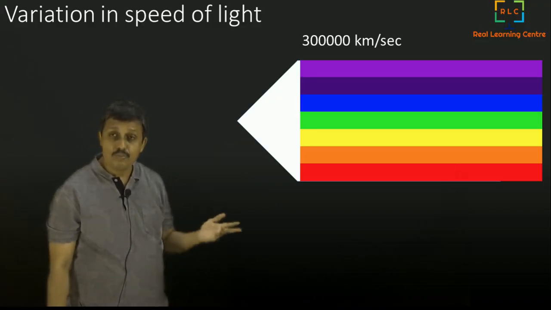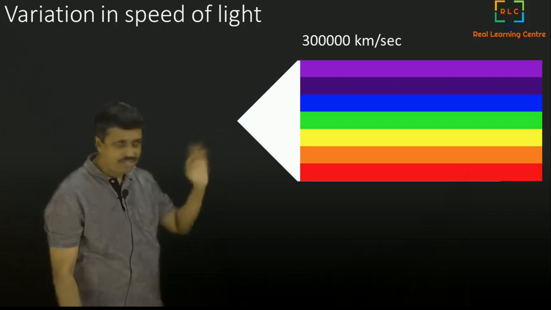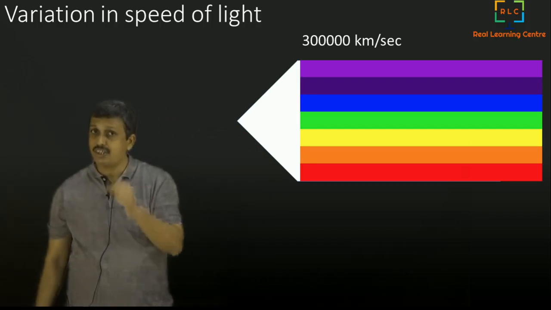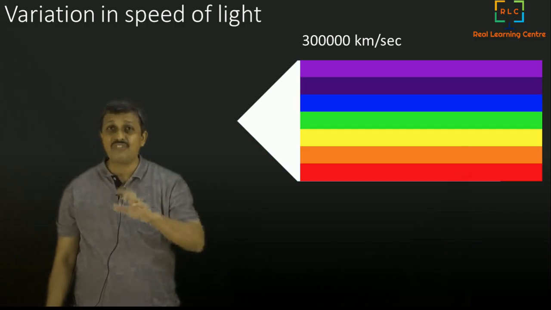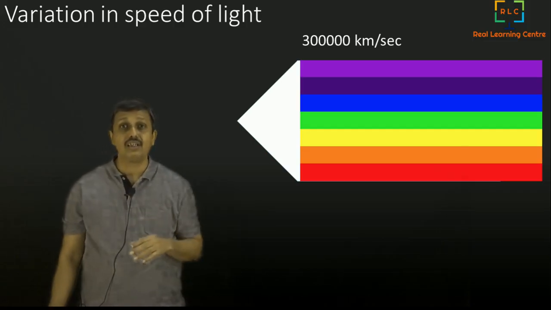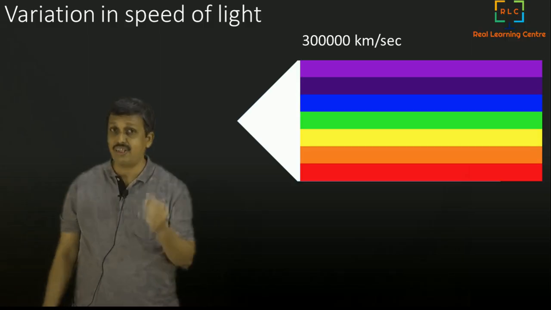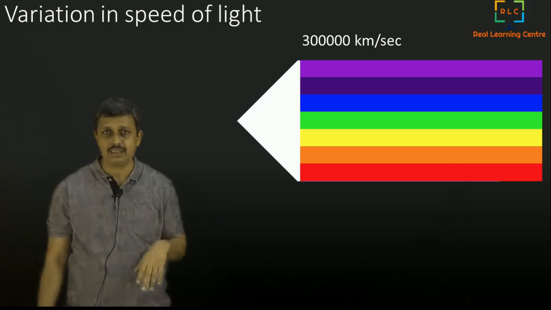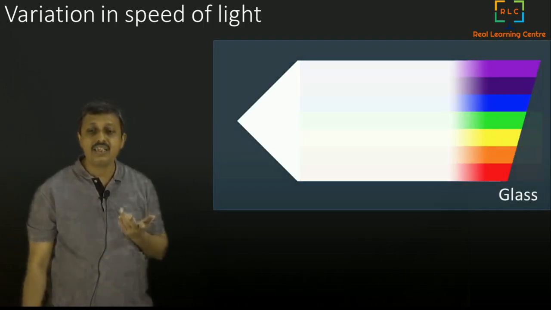They are all going at the same speed, and hence it is always white light. If there were different speeds, we would see a mix of different colors. But it is not the case. The Sun is white all the time. So if you put that in a glass slab,